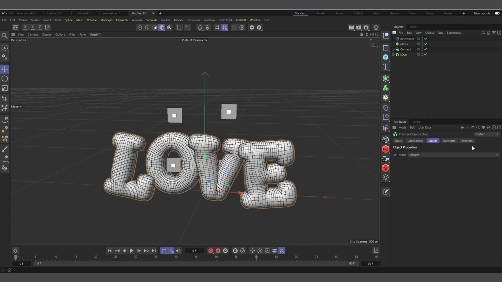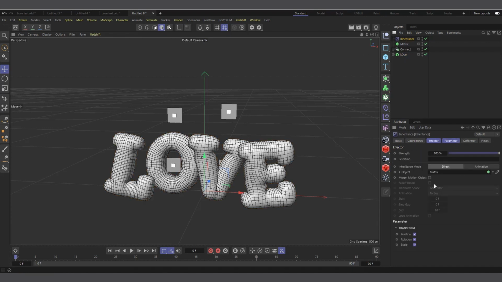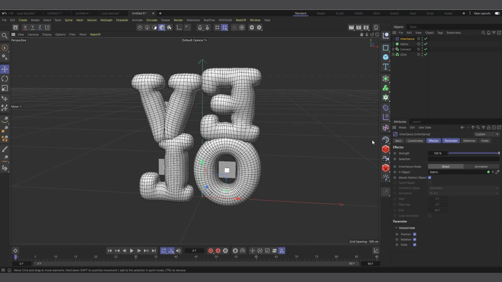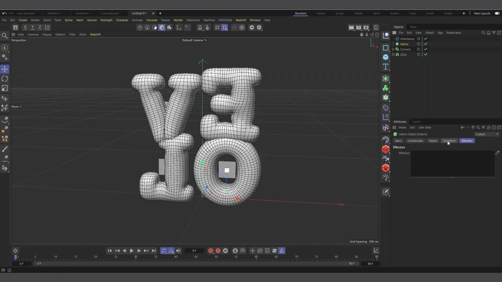Let's make sure the inheritance effector is added. And now in the inheritance effector, I've dragged in the matrix, right? So what you have to do is, down here you can see morph motion objects. Immediately I check that, you can see our text has jumped into the various positions of where the matrices are, right? First of all, it's flipped over, so we can go into the matrix, and I'll come to transform, and I'll turn it to like